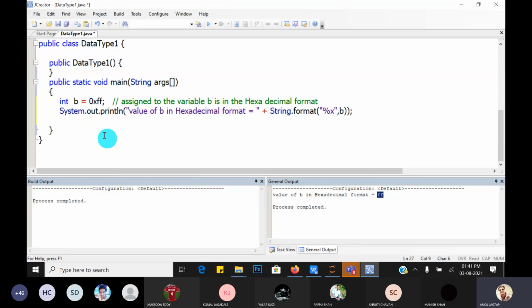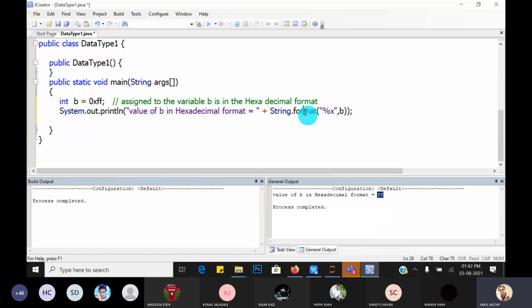The first way is to call the format method of the String class. The format method is a static method, that's why it is called by its class name, String.format. Static methods are also called class methods, which are common to the whole class and called by the class name.